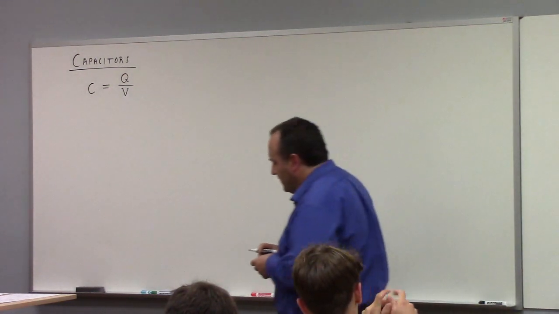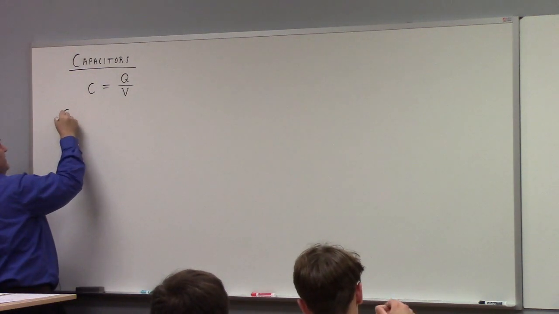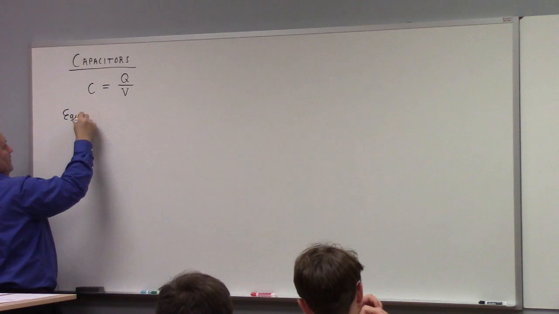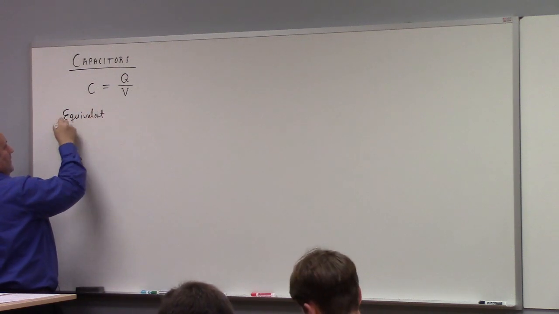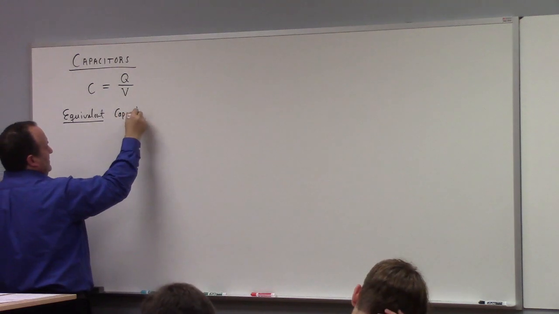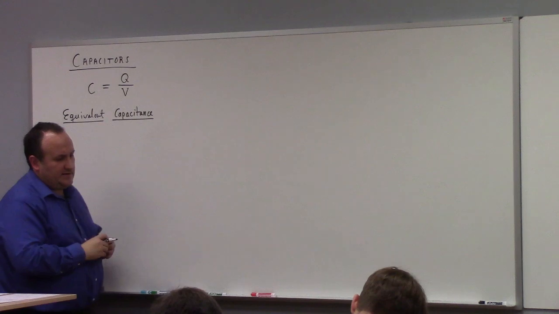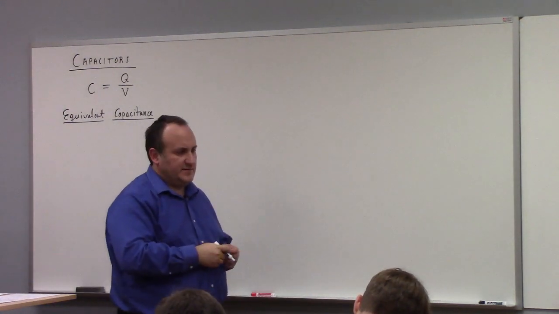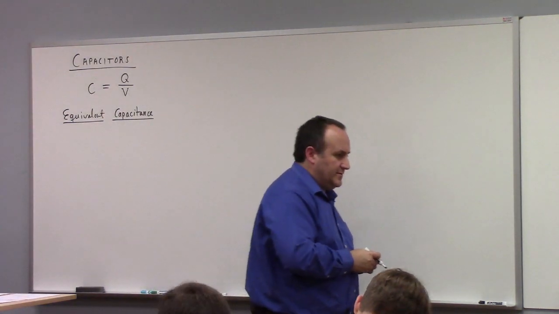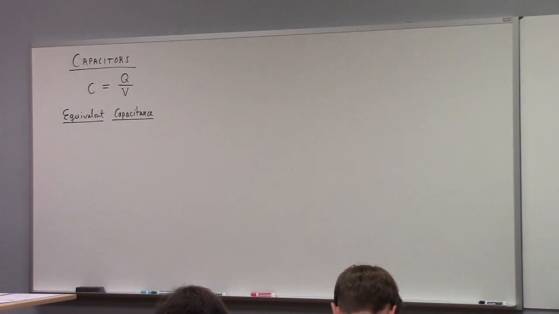All right, so now we want to talk about the concept of equivalent capacitance. The concept of equivalent capacitance is basically the fact that we can take several capacitors arranged in particular geometries, and we can think about them instead as a single capacitor in its place. All right, so